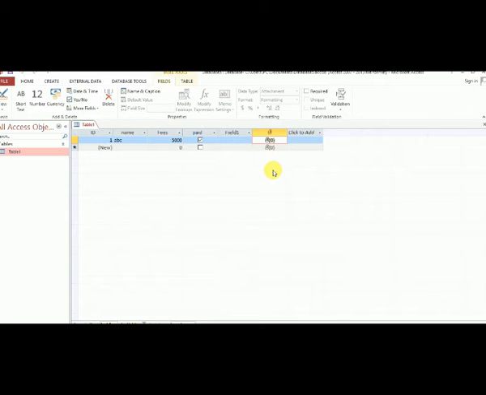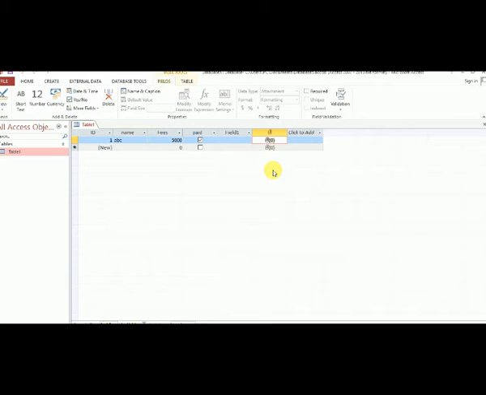So for example, in a student table, information about a student is a separate record. Each record is composed of one or more fields that contain individual pieces of data. For example, student fields may include roll number, name, address, and class.